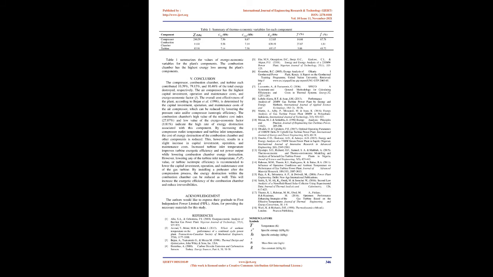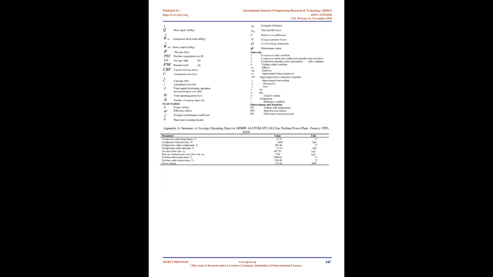According to Oyedepo et al. 2015, as the temperature of the turbine inlet rises, the rate of entropy generation decreases while network power output increases, resulting in a reduction in efficiency defect. Figure 12 depicts the contribution of each system component to the efficiency defect, with the combustion chamber contributing the most, 21.24 MW. Conclusion. The compressor, combustion chamber, and turbine each contributed 10.39%,